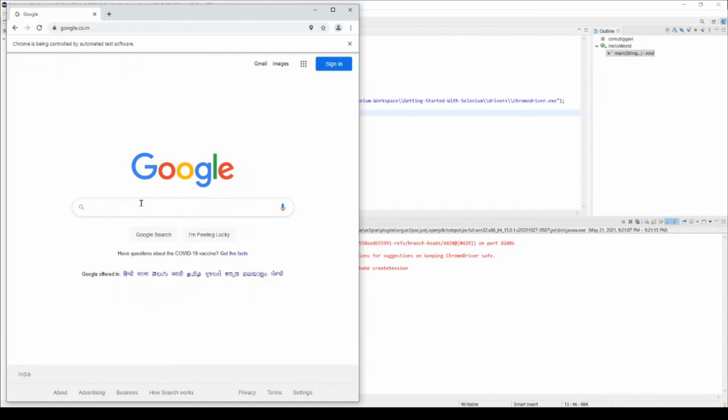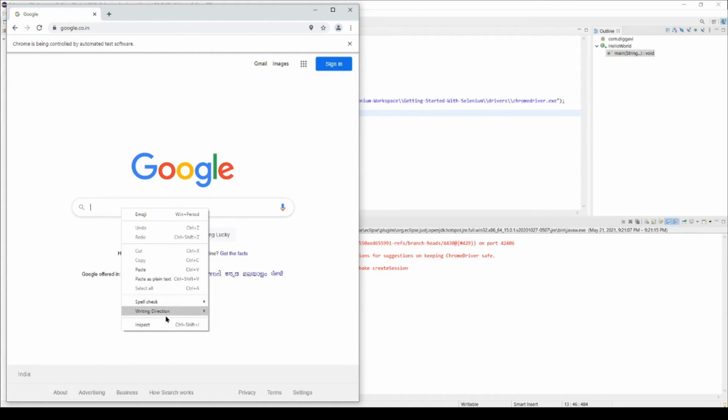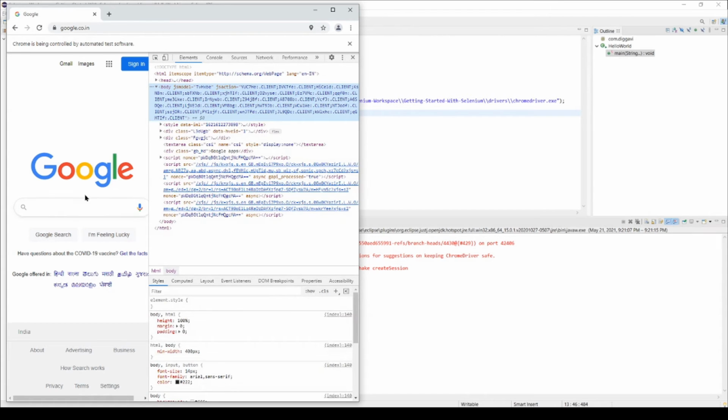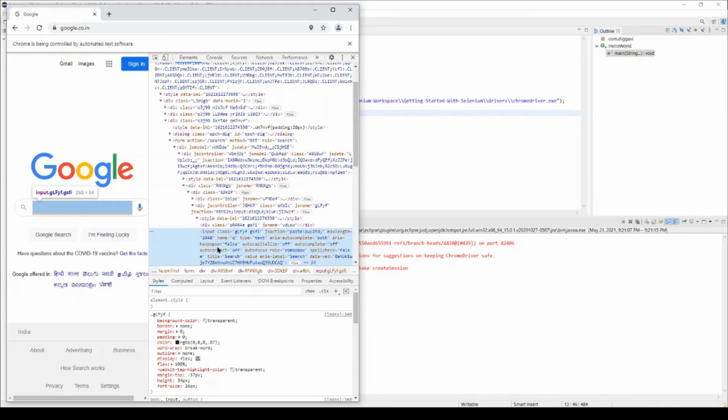So now we have to search for hello world. To do that one, we have to identify this element where we want to type. The way to do that in Google is right click on the element and inspect. So this one highlights this search box.